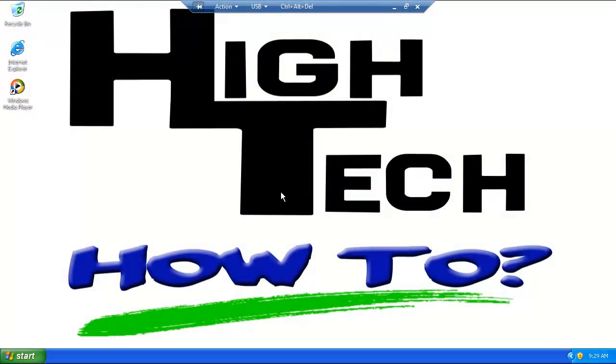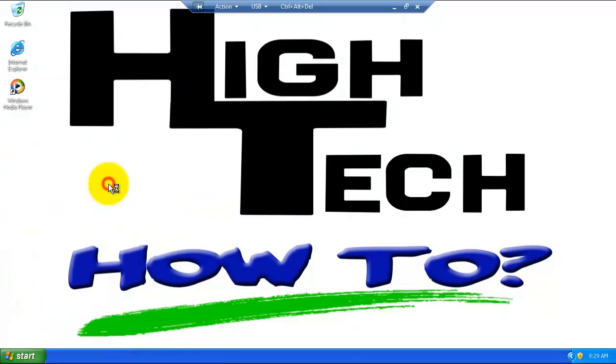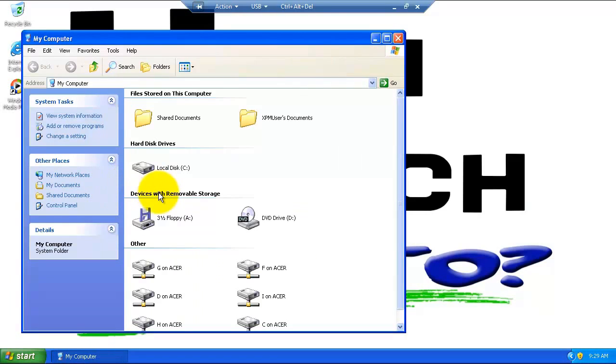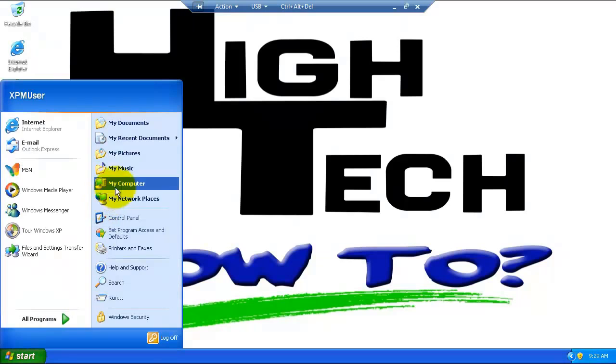For step 2, we need to create a folder named MyScans. Go to Start at the bottom left hand corner of the screen. Select Computer. If you do not have My Computer on the desktop, go to the Start menu, select My Computer,